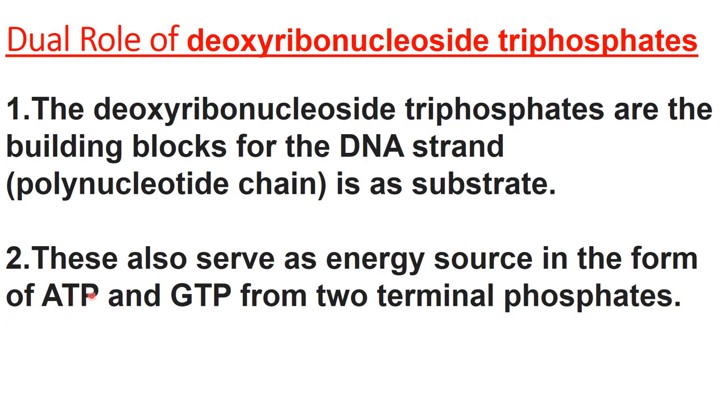Okay, so here these two phosphates are released. Adenine monophosphate is only used for the formation of a nucleotide chain. Okay, and the terminal two phosphates are released here and provide the energy for the process. So in case of adenine triphosphate or guanine triphosphate, two phosphates will be released and will provide energy for the formation of a chain of polynucleotide, or you can say formation of a new strand of DNA.